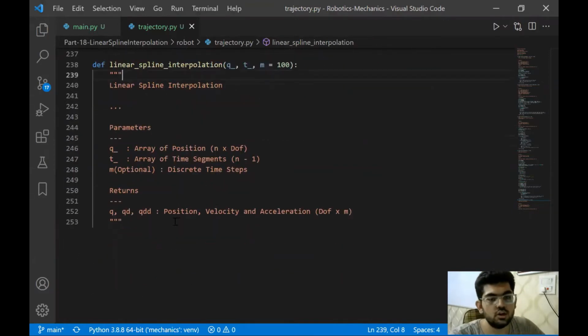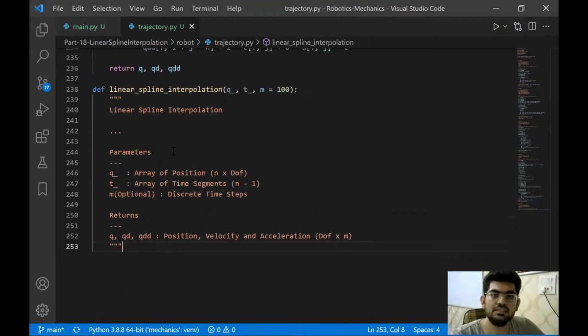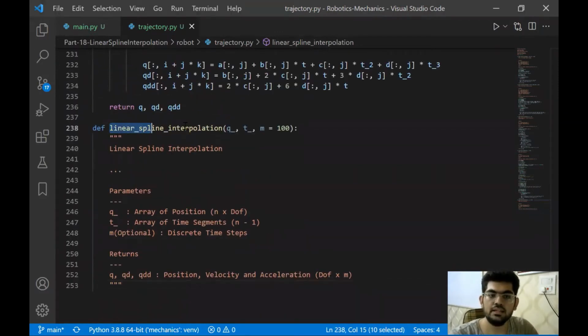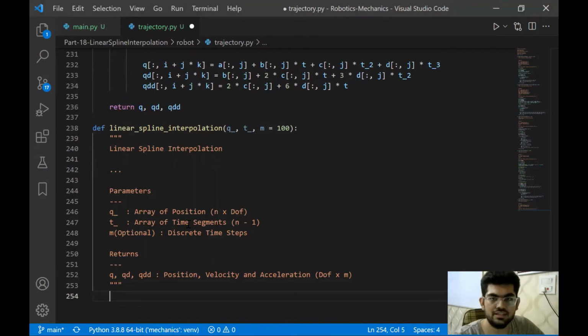Now we can introduce a number of checks over here to make sure of that. But since this complete trajectory file is not typically going to be used by any user, but only by the developers, we can just be a little bit slack about introducing more constraints and assertions. So we'll just ignore them for now, but let's get to the code and see what it is.